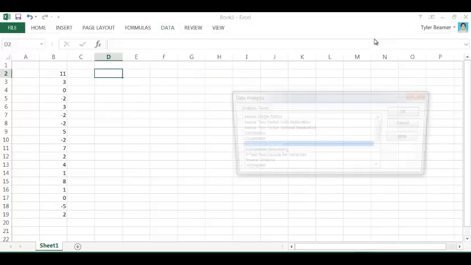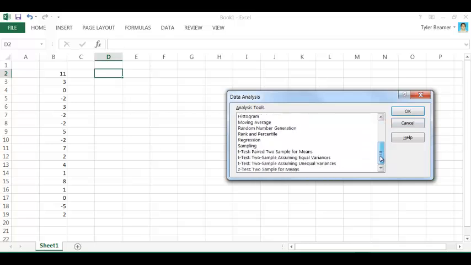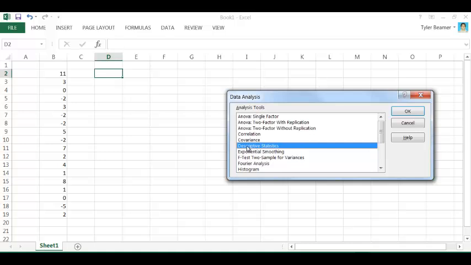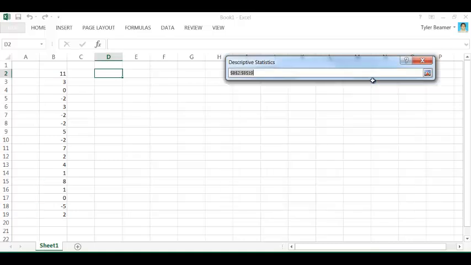Okay, so then click on data analysis. The data analysis tool pack in Excel will do lots of statistical computing for you, which is really nice. We are going to use the descriptive statistics portion of that data analysis, so you'd want to click on that. Click OK. And then you would want to tell Excel where the data is in the spreadsheet, and that's in the input range. So if you click on this button, you can then